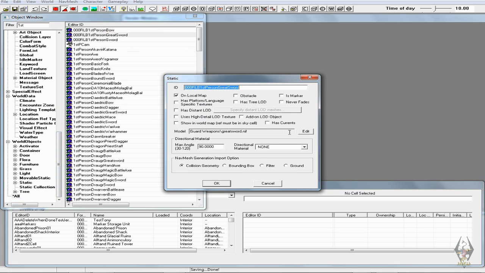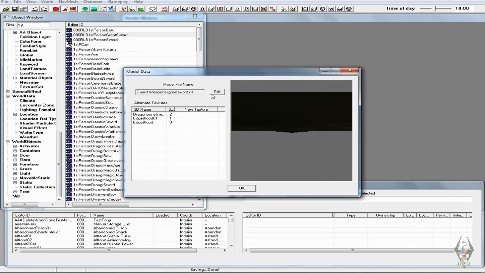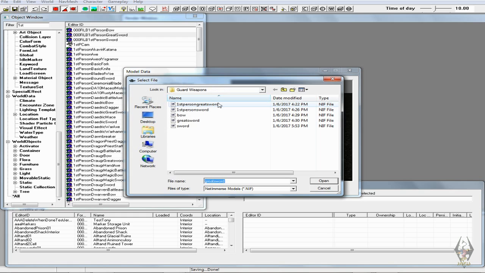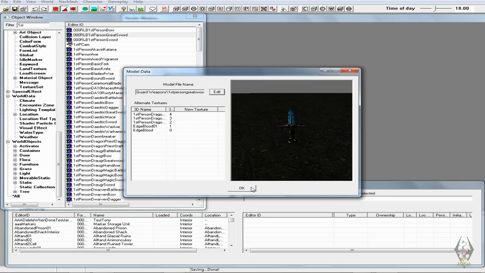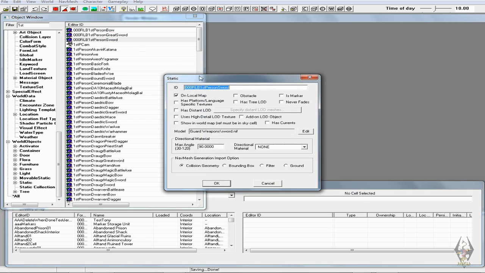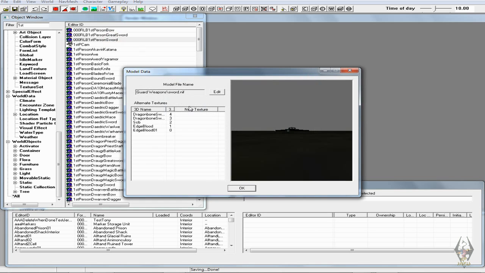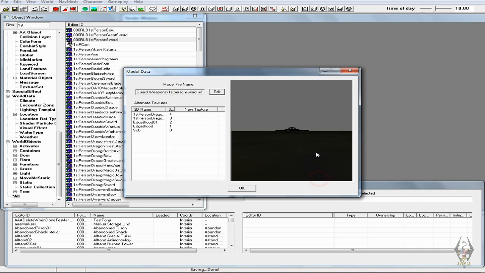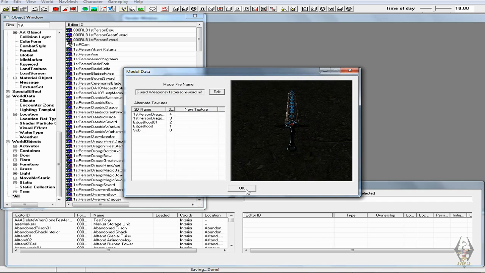And this one right here, I'm going to open it back up. Now I could use just this. There's really not any difference, but I'm going to use the first person greatsword here. When you make your first person one, you want to use the correct NIF, and that'll be fine just like that. And same thing with the guard weapons here. First person sword. It doesn't really change in the render window